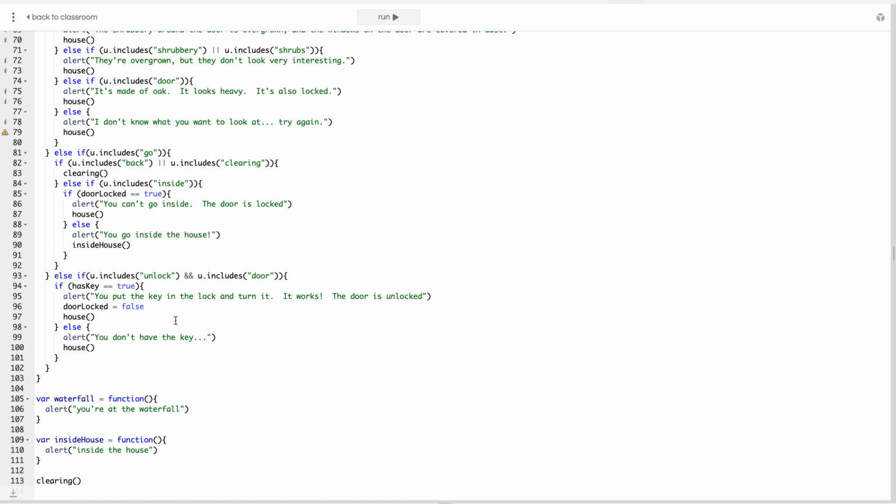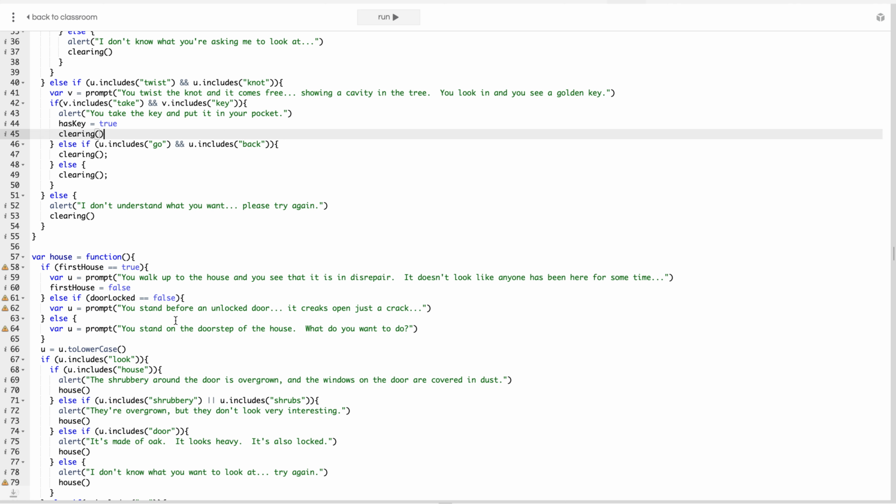And make sure that when you're going through your code, you test it, you try to break it, and you try to be